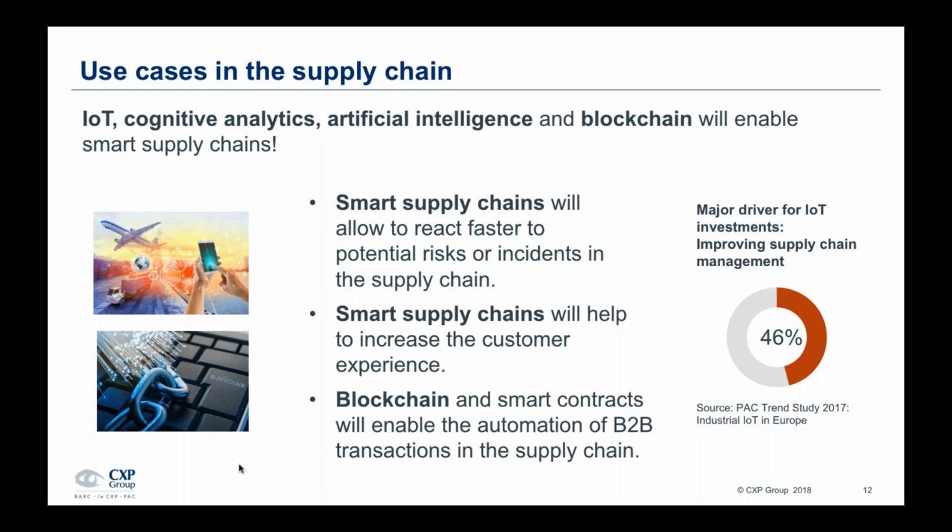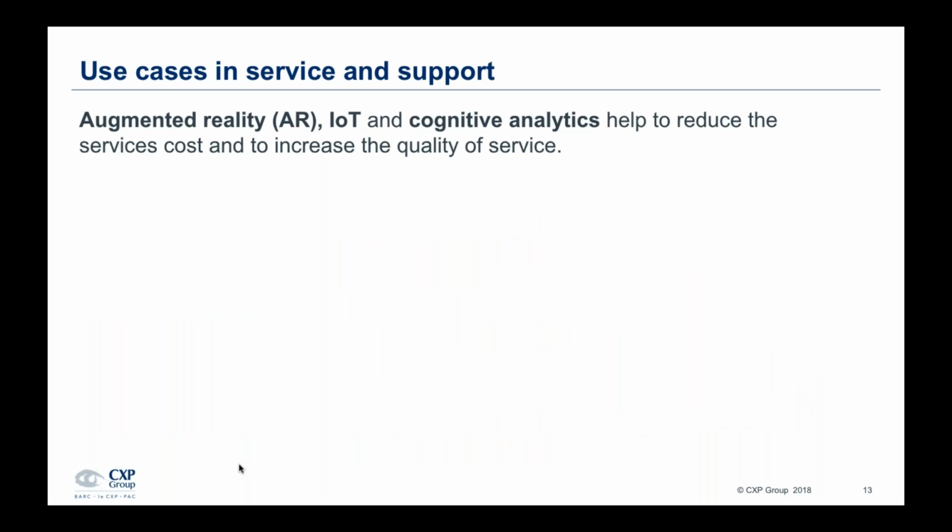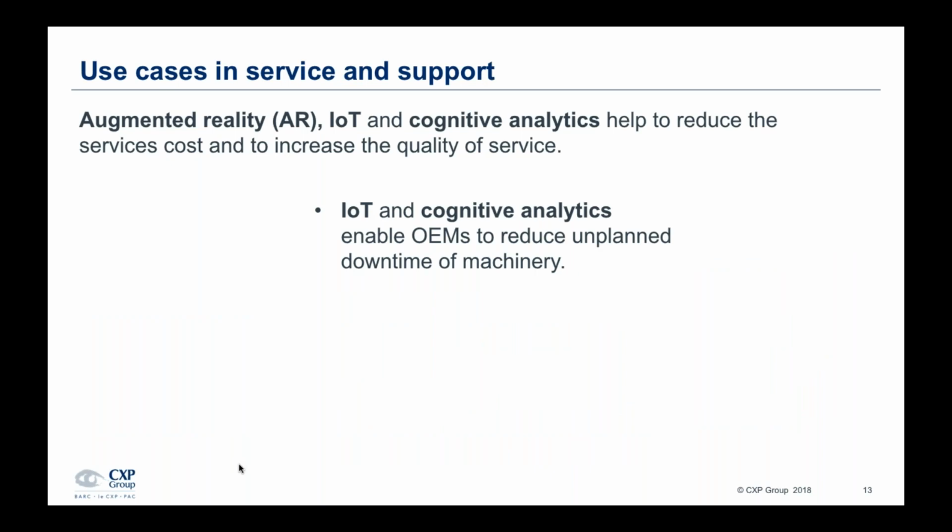And now let's look at how new technologies can support service and support processes. And basically, augmented reality and IoT can help to reduce costs of services and increase quality of service. So first of all, IoT enables OEMs to reduce unplanned downtime of machinery at their customer site. And how? Well, if machines are connected and deliver data, the OEM can monitor the performance of a product and take immediate actions in case the analysis of data shows that it is likely that a machine will soon